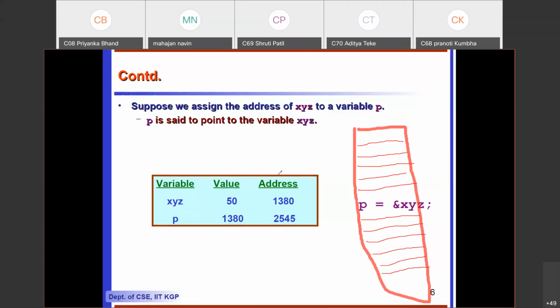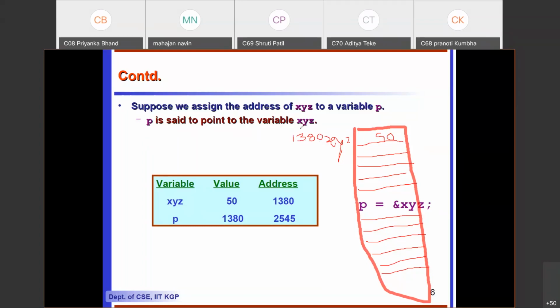When I say integer xyz equal to 50, we have xyz here, and the value stored is 50. What is the address of this memory location? Suppose this address is 1380. So I can either use xyz, a variable name, to access this value 50, or I can use 1380.